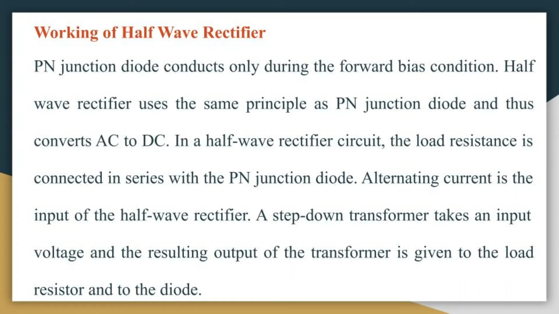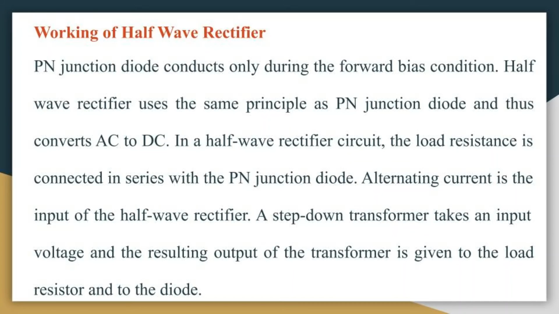PN junction diode conducts only during the forward bias condition. Half-wave rectifier uses the same principle as PN junction diode, thus converts AC to DC. In a half-wave rectifier circuit, the load resistance is connected in series with the PN junction diode. Alternating current is the input of half-wave rectifier. A step-down transformer takes an input voltage and the resulting output of the transformer is given to the load resistor and